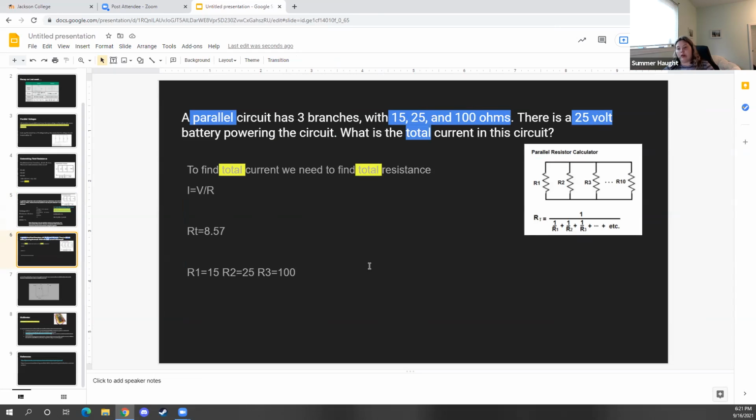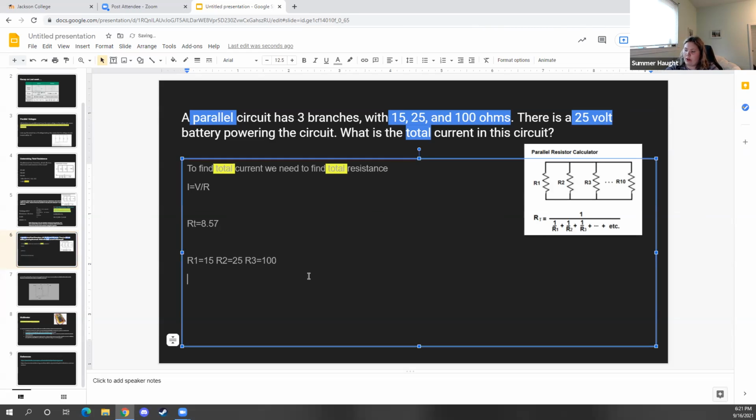So first, you need to calculate your total resistance, because in order to calculate total current, you need total resistance. So I would write it down. R1 equals 15, R2 equals 25, R3 equals 100, because this tells us that. Then we can use this equation. First, do your fractions. So if you did 1, I'm going to just do this on my phone. So 1 over R1, so 1 over 15, 0.0666. So you might get fractions, like that's totally fine. So 1 over R1 equals